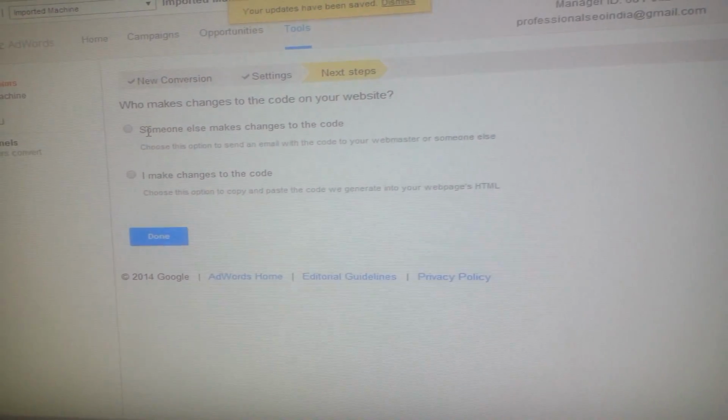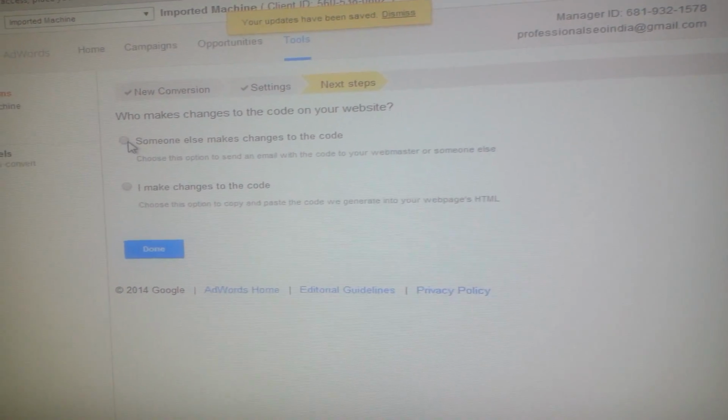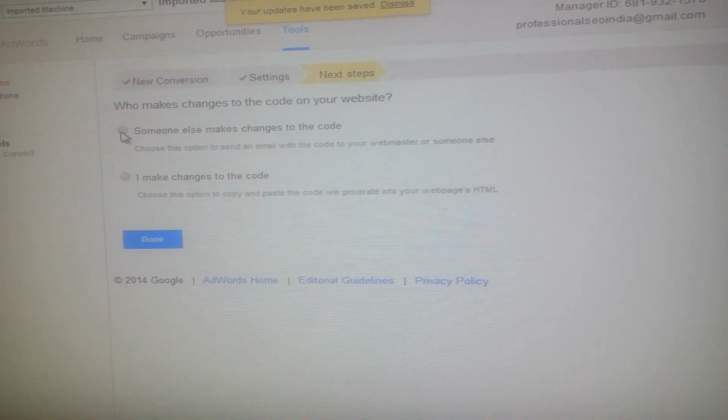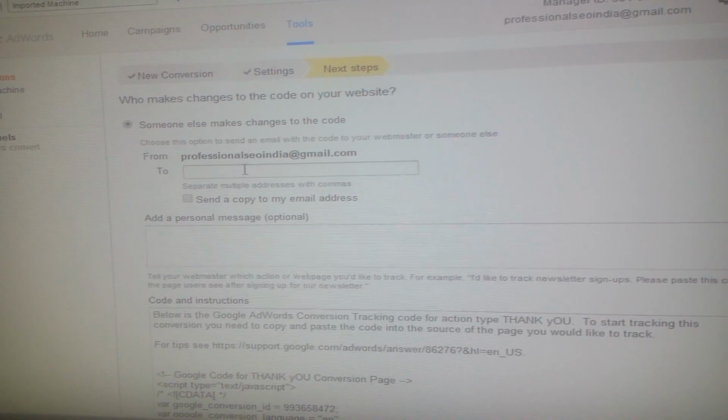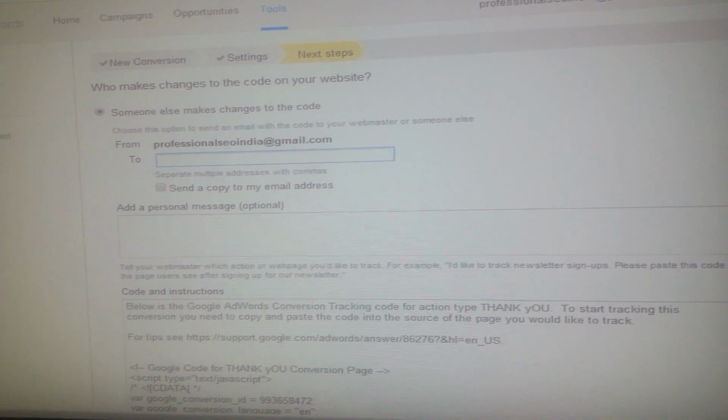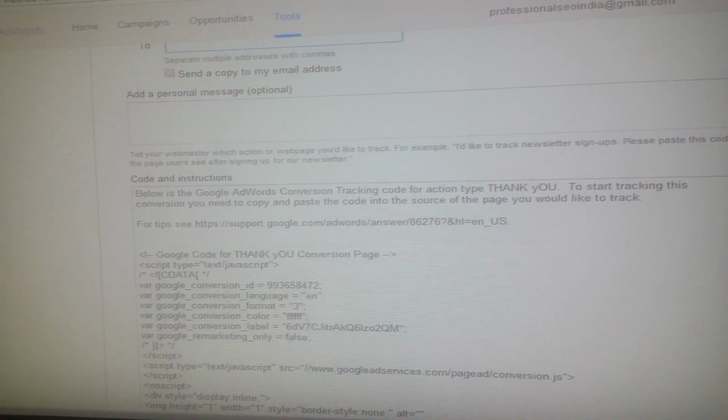Now, if you are not making changes to the code, then you can choose the option Someone else makes changes to the code, and here you can add the email ID. So Google will mail that conversion code to the person.